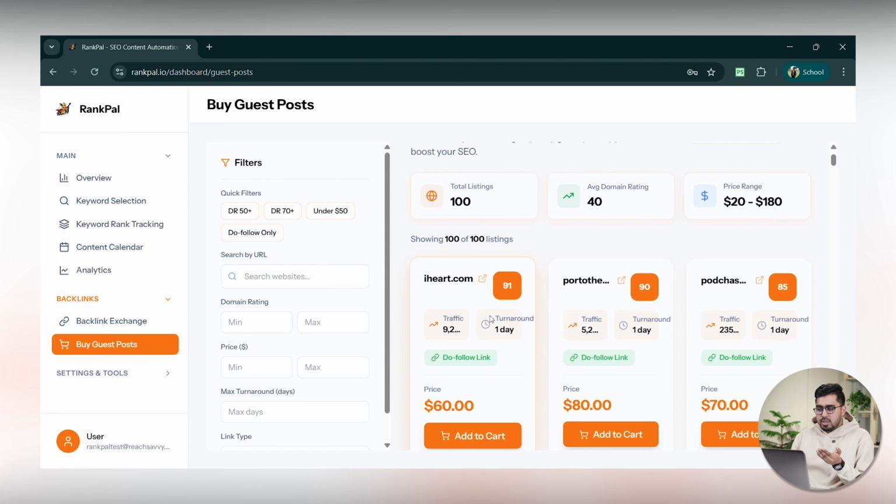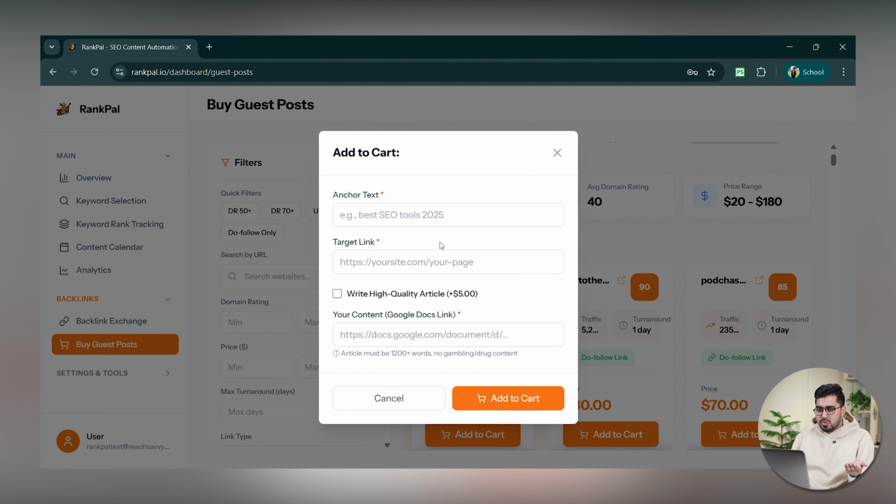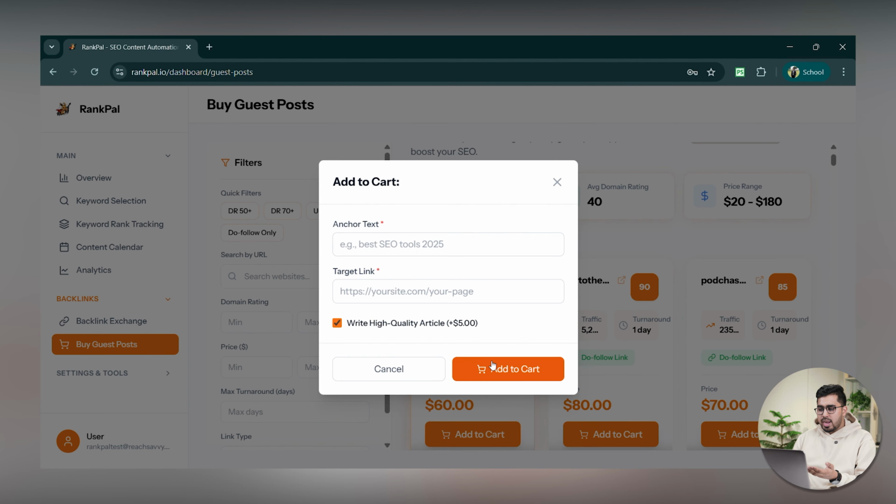Now, what you can do is add to cart the specific website that you've selected and you want your article to be published on. You choose an anchor text, you write a target link where that anchor text will be redirected to, and you can add a custom article by adding a Google Doc. But if you don't want to take the hassle of writing the article yourself, you can ask RankPal to write a high quality article automatically. You just select this and add to cart. And after add to cart, you can easily check out, and within the turnaround time, your article will be published